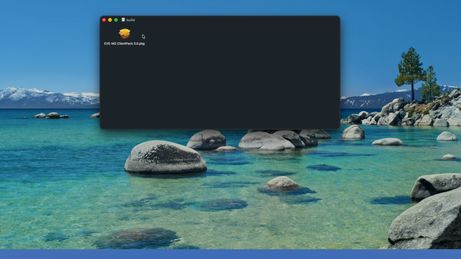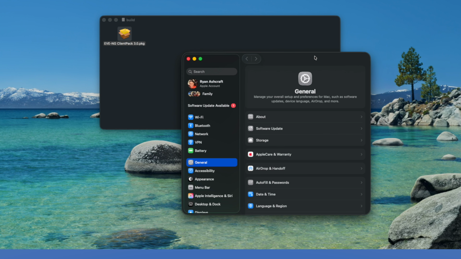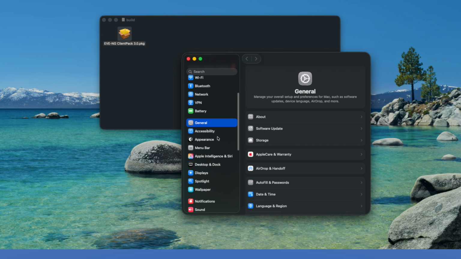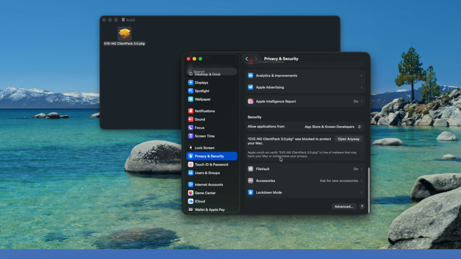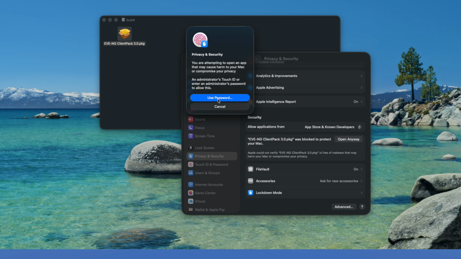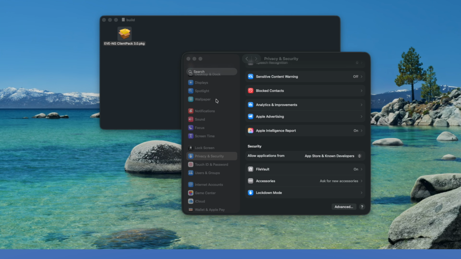This process may differ a little bit for the Windows side, but you get the general idea. For Mac, I'm going to open the installer. If you're installing from Mac, you'll more than likely run into an error saying that this is not from a trusted developer. So you'll need to come into your privacy and security settings, and then scroll down to the security section, and you will see that this was blocked to protect your Mac. You want to click Open Anyway, confirm, enter your password or Touch ID,